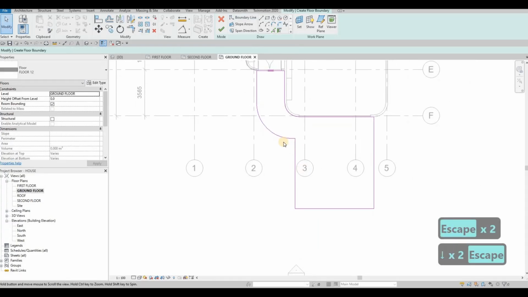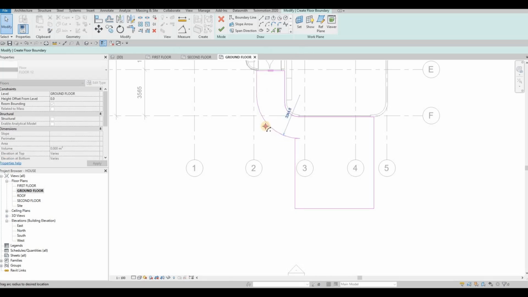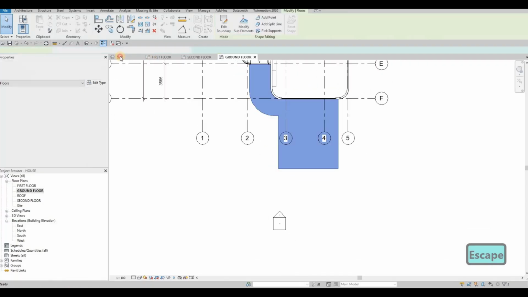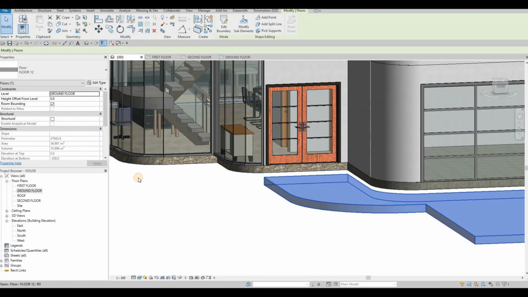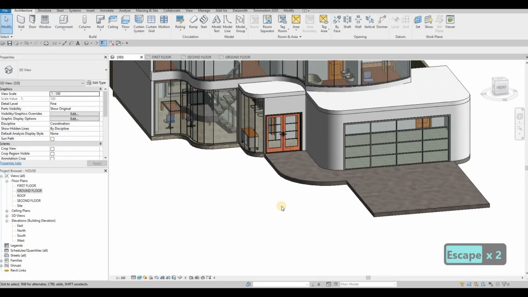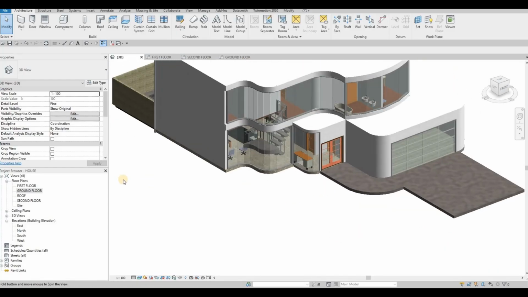You can make that one bigger if you want to, but it's up to you. I think that's good enough. And then click finish. Let's look at it in 3D. We need to set it to first floor. There we go. And then after that,